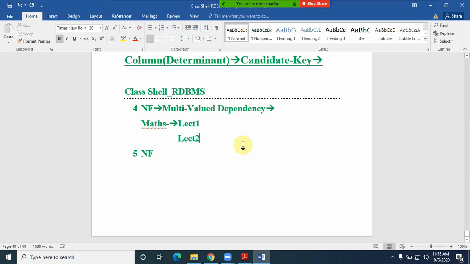This is fine, but to this, again we are getting book 1, maths book 1 reference, and book 2 reference, and there is a multi-valued dependency between lecturer and book, which should not happen. So to resolve that,